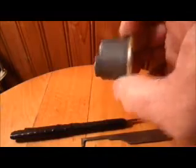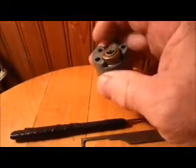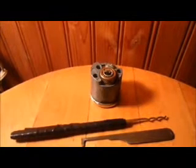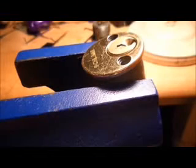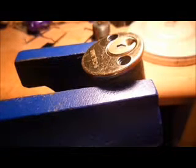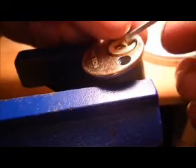So we're going to put it in the vise, and then we're going to rake it. Let me put it in the vise, and we'll get right at it. Okay, we've got this Schlage here in the vise. We've got our homebrew tension wrench, and we've got our, oh, look at that, it's open. Lock it up,